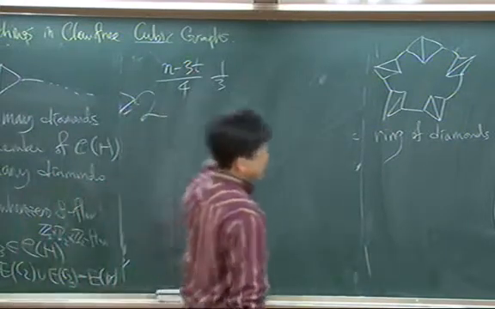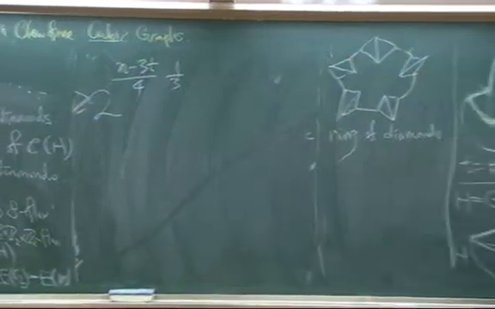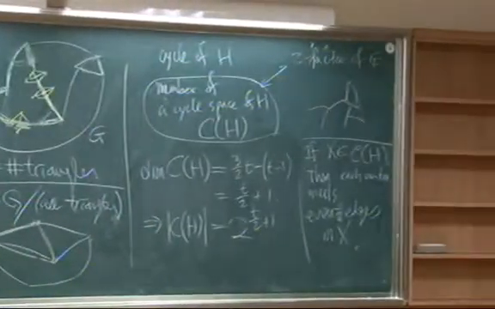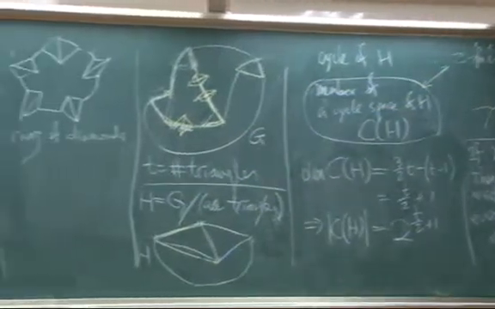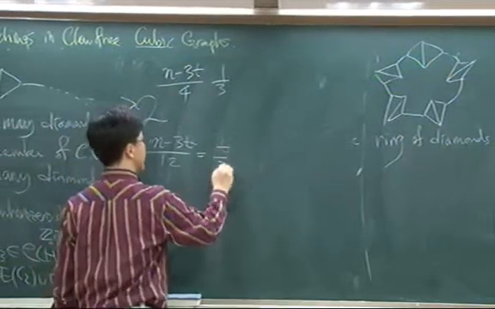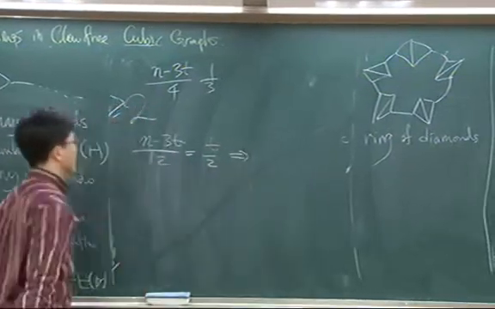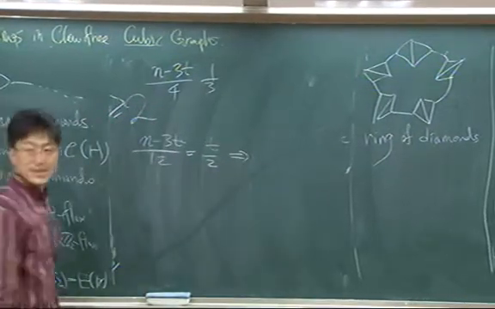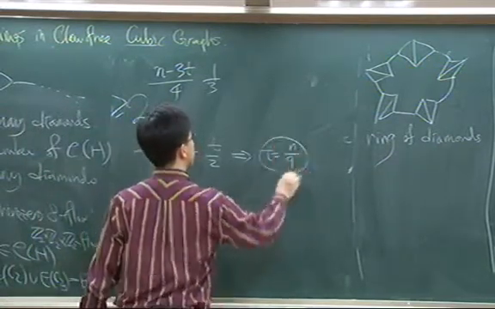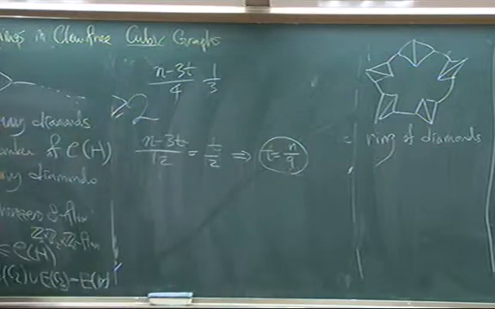So either you have this or that. Just make sure that you get the same numbers. (n minus 3t) over 12 is equal. Let's solve this simple equation, and t is n over 9. So let's put t to be n over 9, then,